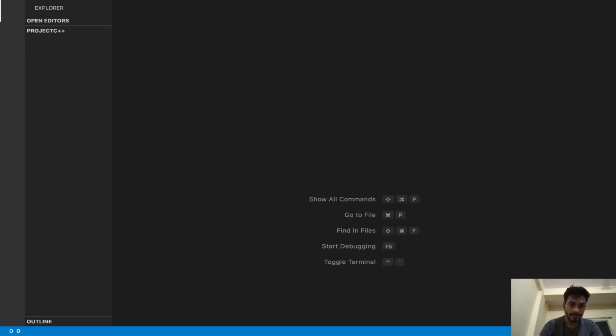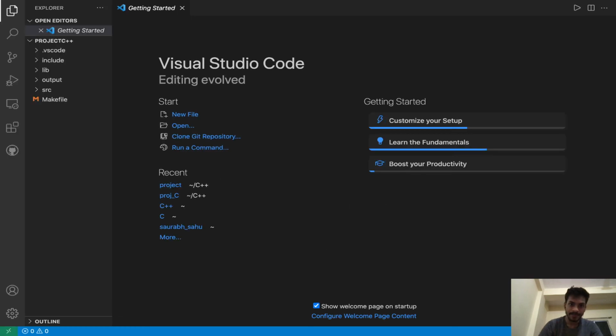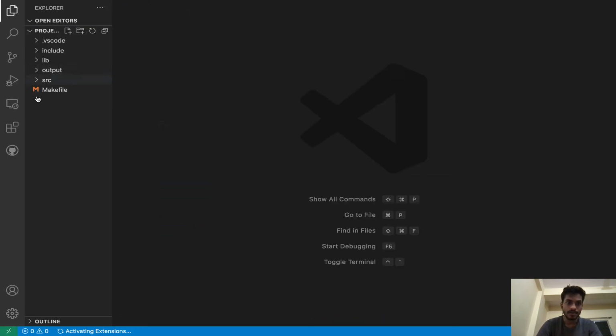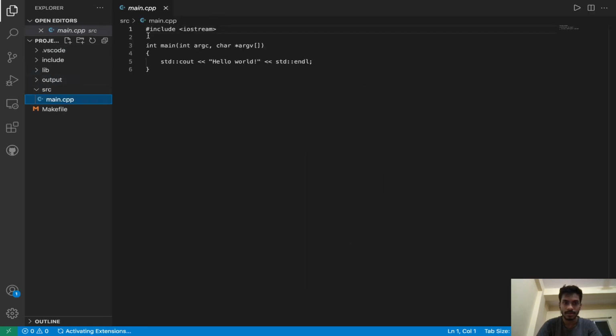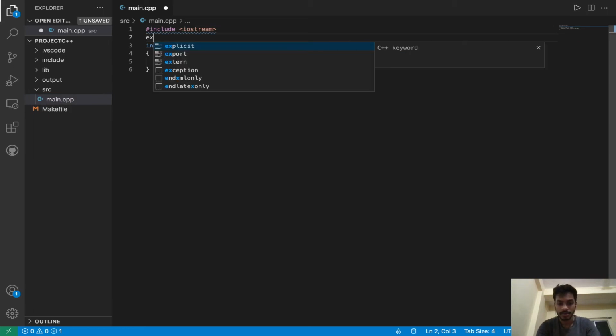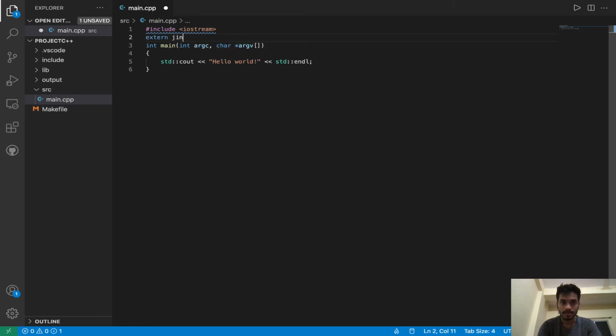Yeah, so our project has been created, and we have a source file main.cpp. I'll just create a simple multi-file program, extern int a, and I'm gonna use that here.